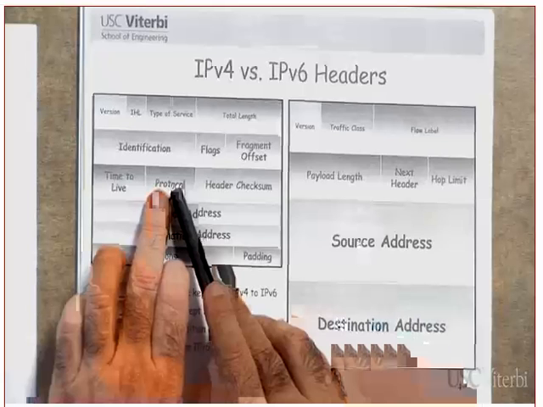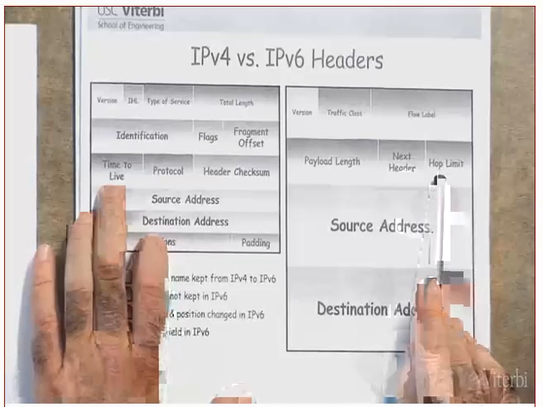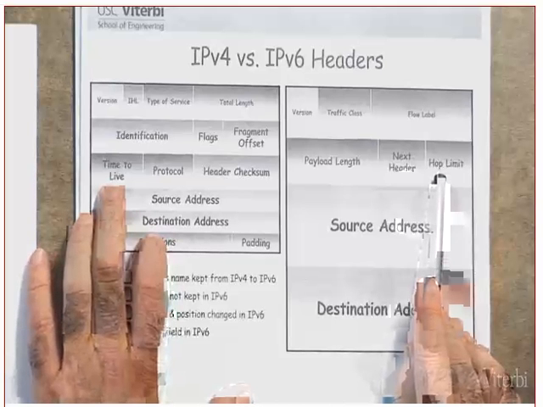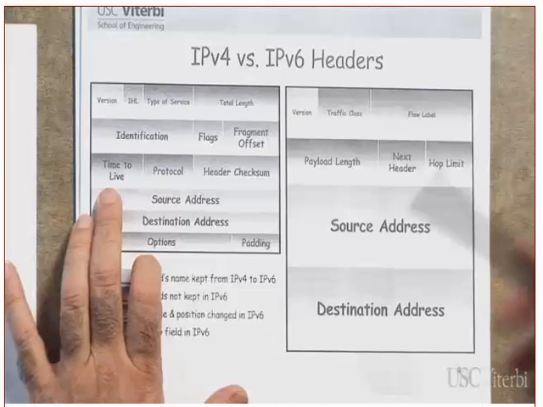Of course, here we do have the source address and the destination. In IP version 4, each one of them is 32 bits long. Here, the source address is 128 bits long, so it is 4 times as big as this one. And here also 128 bits long. For a total from here to here, the header length, the payload, by the way, this one means the payload length, the payload,